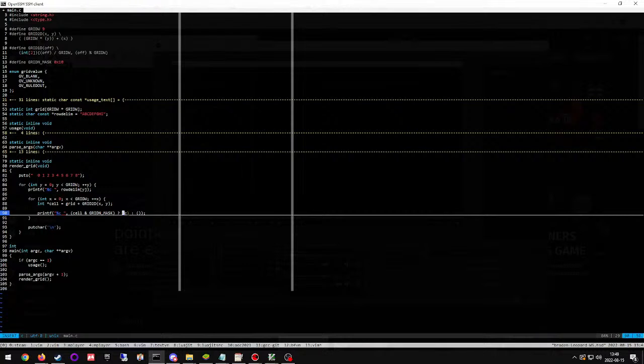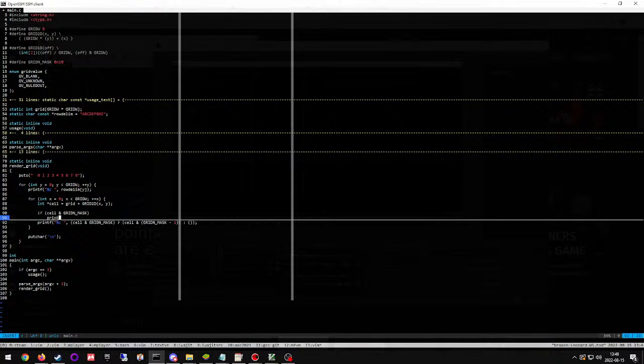So if we have the mask, then we're going to isolate those bits and print that out. And no, we can't do that because of the format. So never mind that. What we will actually be doing is